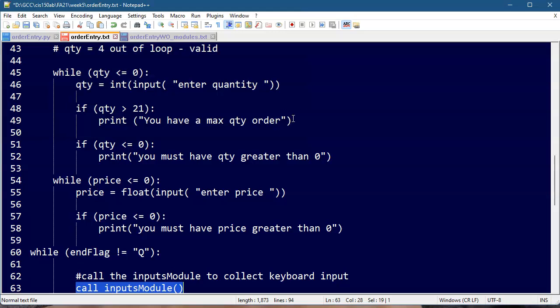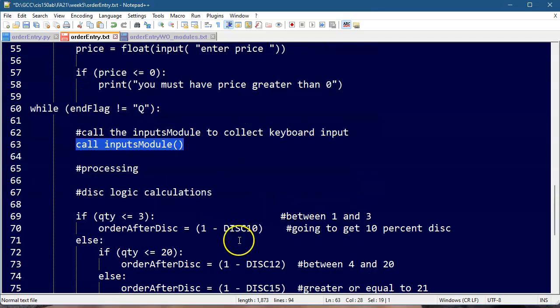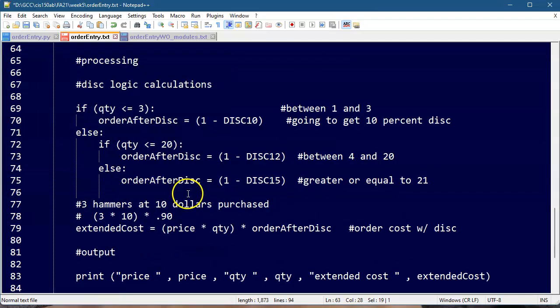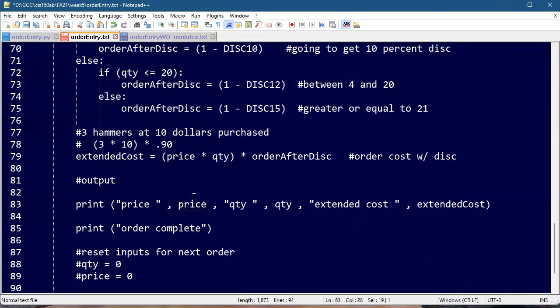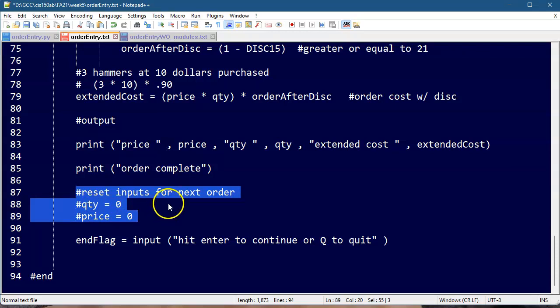And I can use that over and over again, either in this program or in other programs I'm creating the logic for. In this case, just this one, but still, I want you to learn how to do modularization. The next section of the program is essentially the same, just the processing, all the calculations, printed to the screen. An important part of this one is that you must set price and quantity back to 0, because the